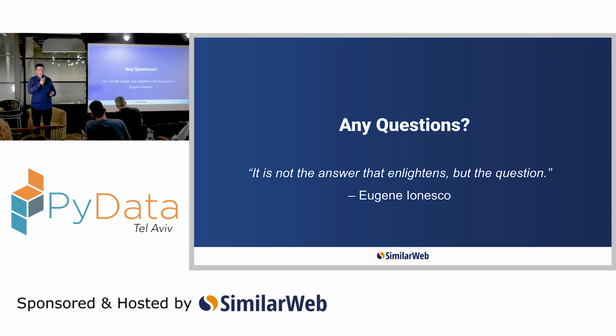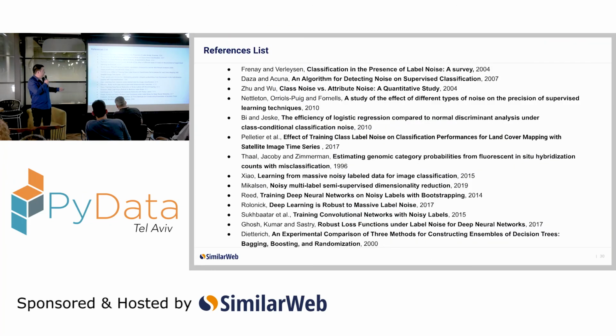Okay, so again, thank you. And these are a list of references if you're interested. There are many more. There is a lot of research in this field, especially in the last couple of years. Can you upload them on the site? Yeah, it's on the site. You have all the references, and if you search for label noise, you will see, let's say, 100 papers in this field, especially in the last couple of years since deep learning became so common, which made label noise even more common.